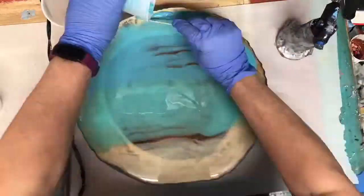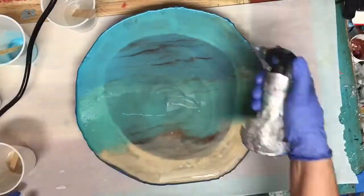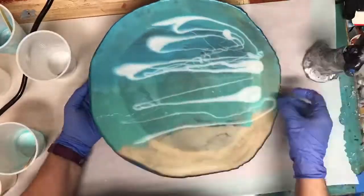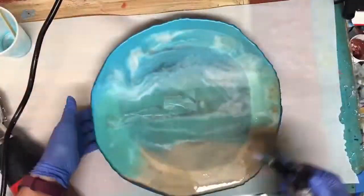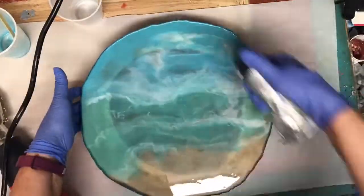and immediately I know that I got an issue because I can see through it. But I'm thinking I can put another coat on here. However, I was having trouble with air bubbles. I pop them and they would come right back up. So I decided to let this cure,